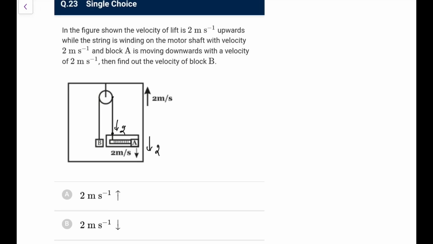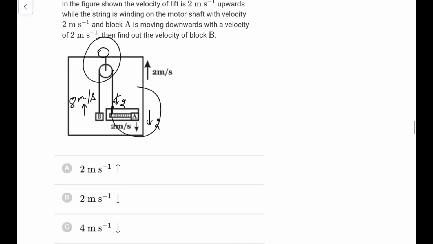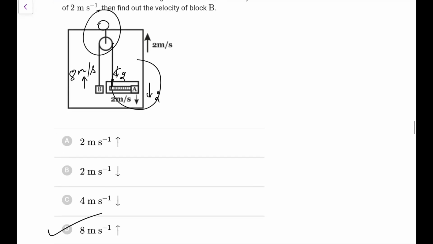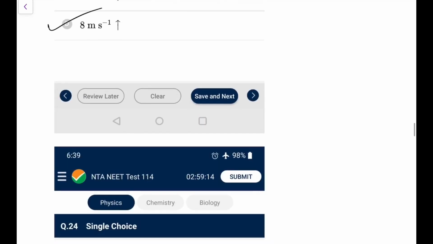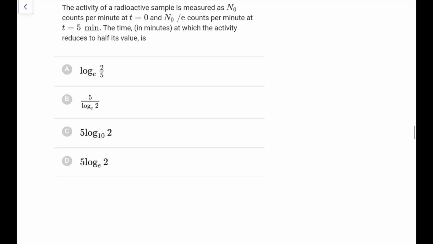So if the lift was stationary, we would have been going with speed 4, but here it is not stationary. So this is going at 4 in the frame of the lift, and because the lift is going upwards with 2, you need that 2 and 2, 4 meter per second to be supplied here for the pulley to be going up. So 4 for this, 4 for this, so it has to be going with a speed of 8 meter per second. You can directly make it out. So that would be the answer here. You can go by this analogy. Again, it's not easy for a NEET student, I can say.